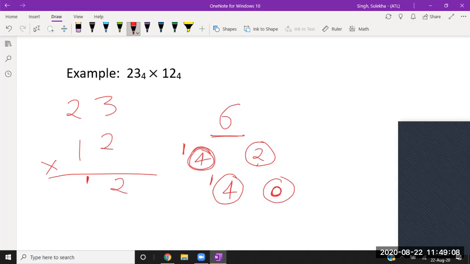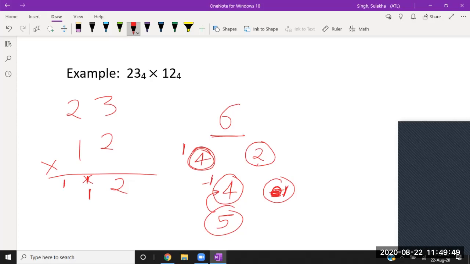If I multiply this 2 into 2, I have 4, and if I make the pair of 4, I can make one pair of 4. My remaining is 0, but there is one carry, that is 1. So first multiply this number, then I add this one. Basically I have 5. If I extract pairs, I can extract a pair of 4 one time, and I will land with 1. This carry I will write here, since I have already used this one, and my final number is 1.